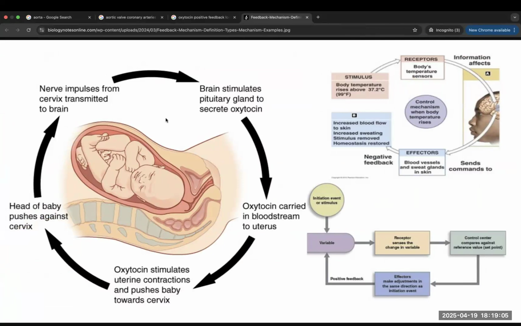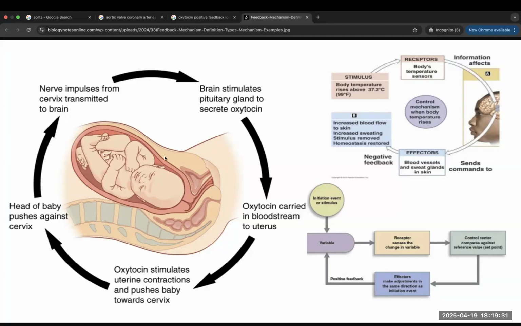So during childbirth, when a woman is about to give birth, the body releases a chemical that causes contractions, and the chemical is oxytocin. So it's going to make more and more chemical, and it's going to cause more and more contractions. As labor progresses, the contractions get stronger and stronger, and also shorter and shorter. So that's the positive feedback.